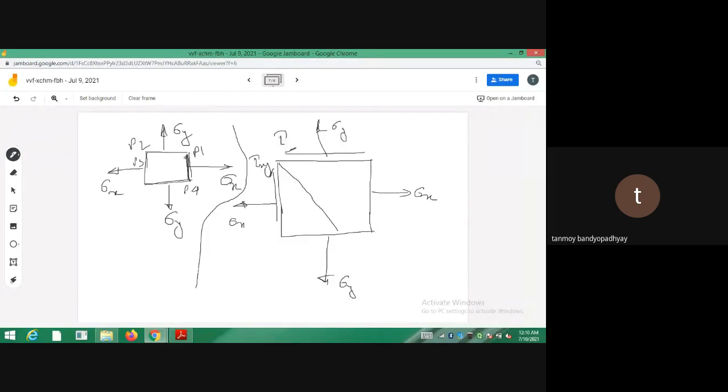So just for the sake of understanding, I am just drawing them without considering directions. This is tau xy. So now these faces are not the principal planes. Why? Because they carry shear stresses. So how can a plane that carries shear stress be a principal plane? Tau xy is not equal to 0. So now which one will be a principal plane?